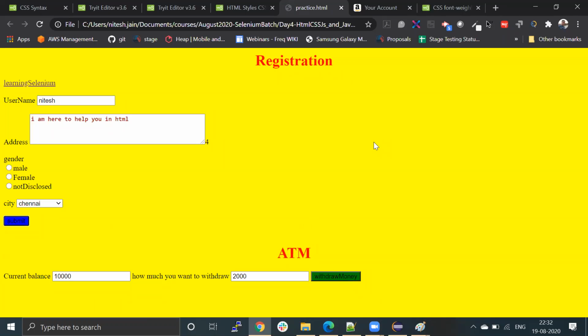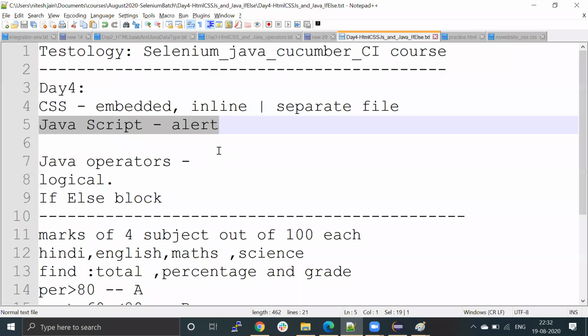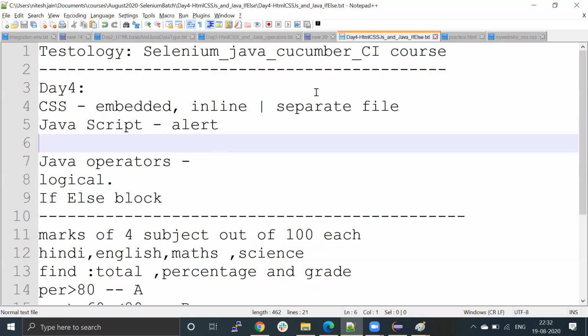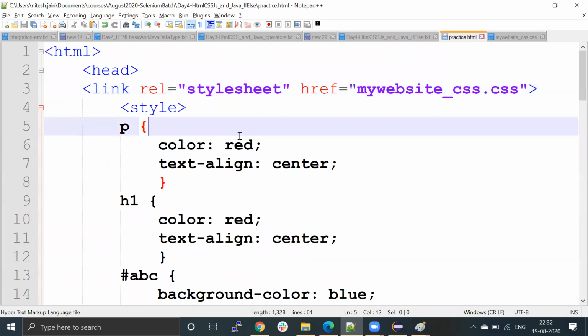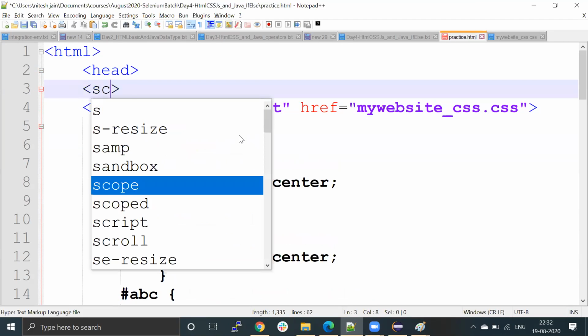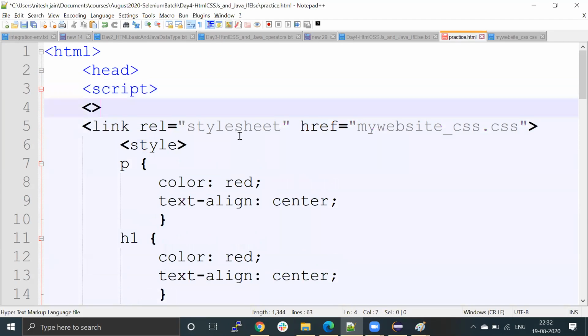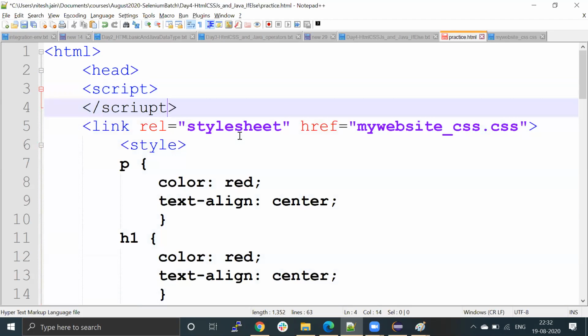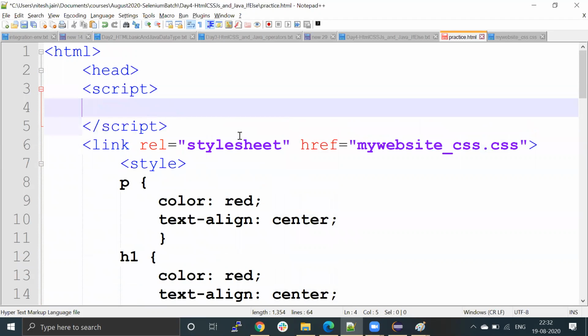So let's see a very simple example of how you can put one JavaScript code in your HTML file. I'm just trying. Can I write here? So let me put it here. It's very simple. A script tag will be there, and there will be an end of script. And here you can write your script, what you want to put. So how will it work? We'll create a function here. So I'm writing function